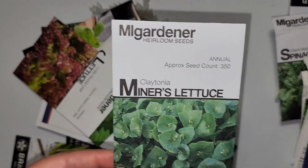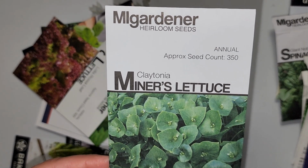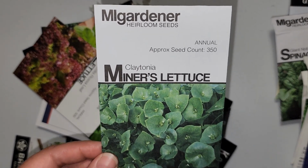Claytonia, miner's lettuce. I've been growing this a lot unintentionally because it readily self-seeds. And I planted it. I heard about it from James Prigioni,